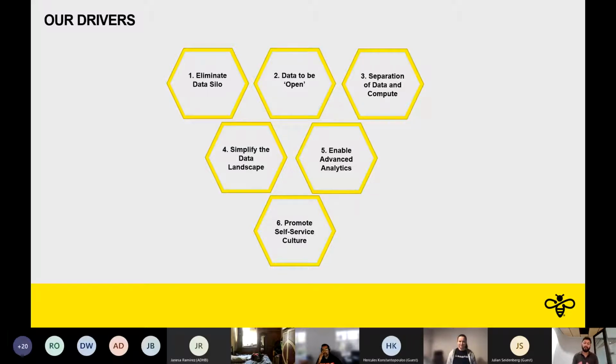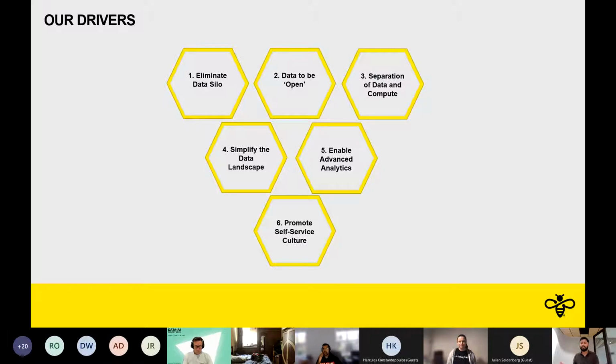That's not what we want. We wanted people to get to the data assets by themselves, explore the data, discover the data, find insights themselves, and even create data assets. So promoting a self-service culture in terms of data analysis, data engineering, or even data science was one of the drivers that we had.